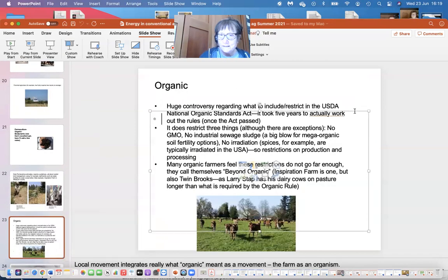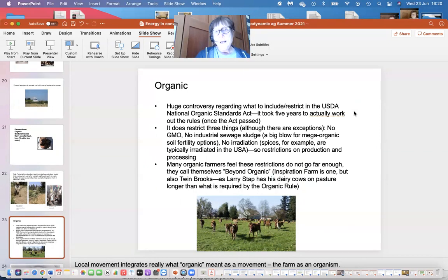Organic. Anyway, huge controversy regarding what to include and restrict in the USDA National Organic Standards Act in 1990. And you'll see it took 5 years to actually come up with the organic rule, what's called the organic rule. The USDA claims that they've had more letters, more correspondence about what should and shouldn't be in the organic rule than any other